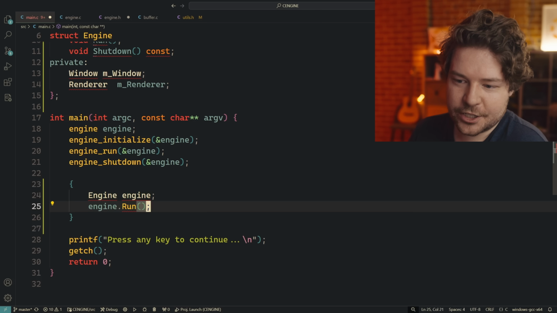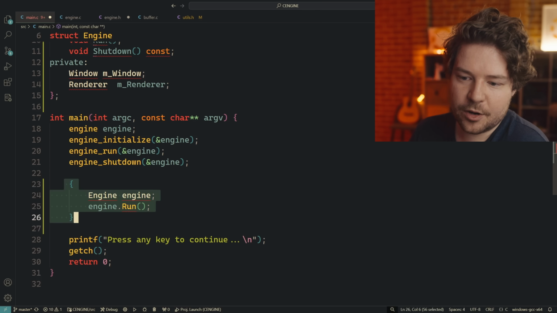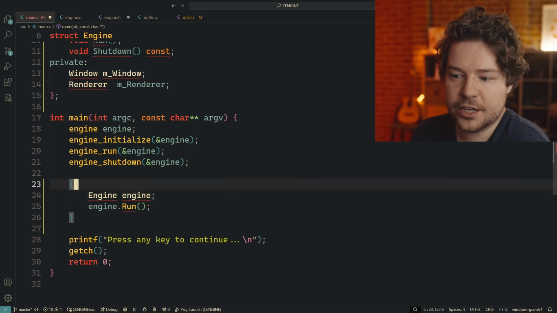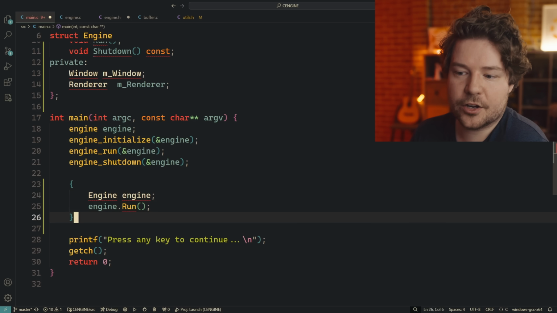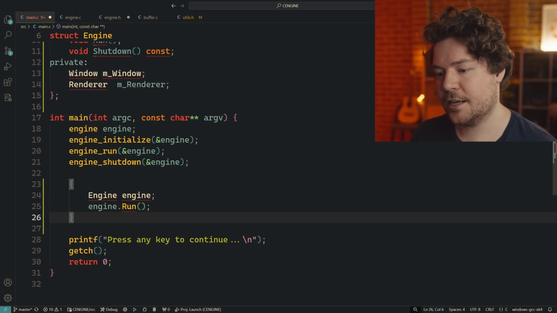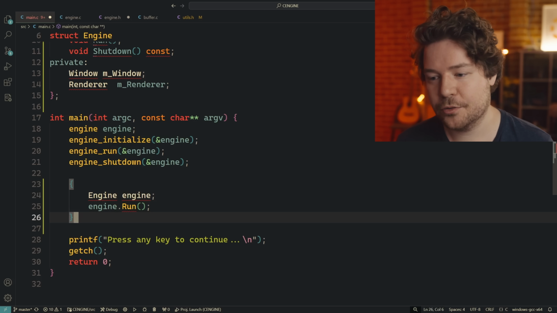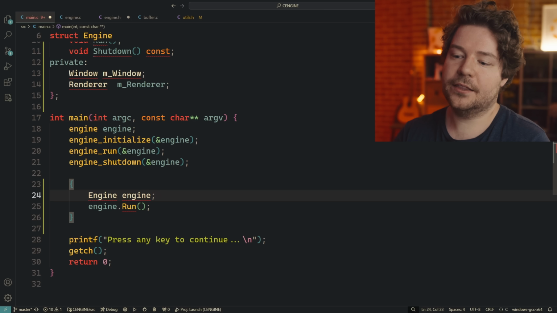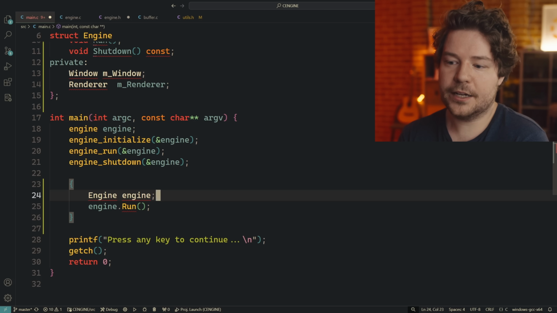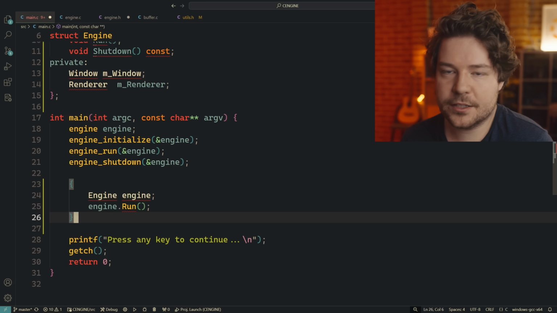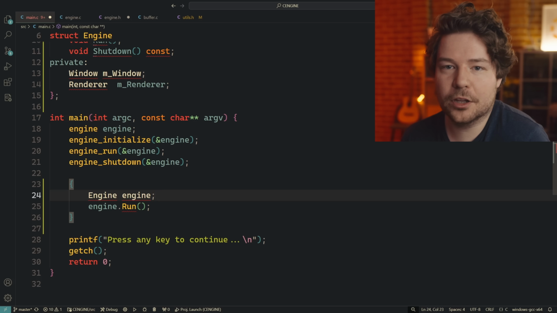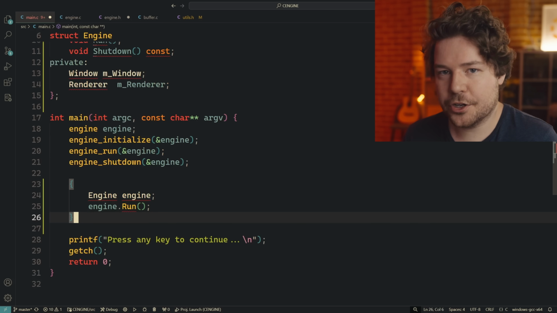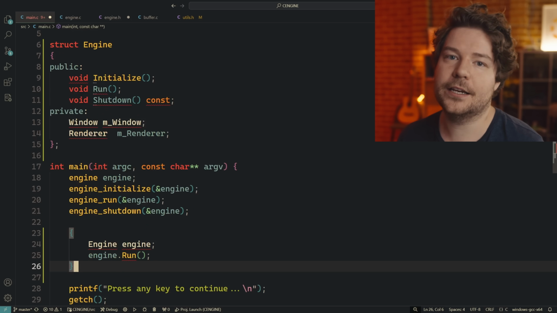And so with the engine and engine.run inside the scope, when the scope finishes execution, we'll run all of this, right? And obviously you can see how we can achieve much more with much less code. Of course, you could argue both ways. Oh, but it's less clear because there's initializing and shutting down. Sure. But with these kinds of alternatives, without getting too carried away, there are no templates here. There's no inheritance. There's no polymorphism. This is just C++, but a very basic version of it that can, I feel, enhance your code.